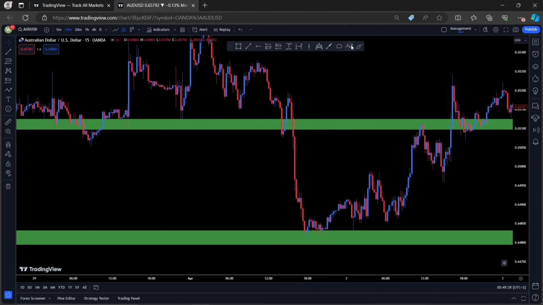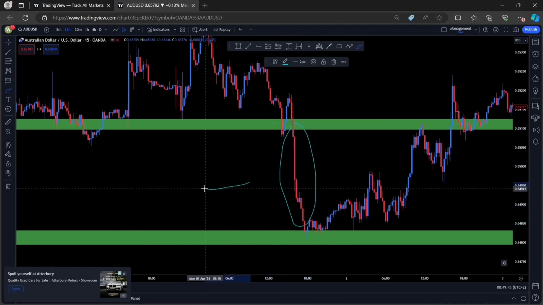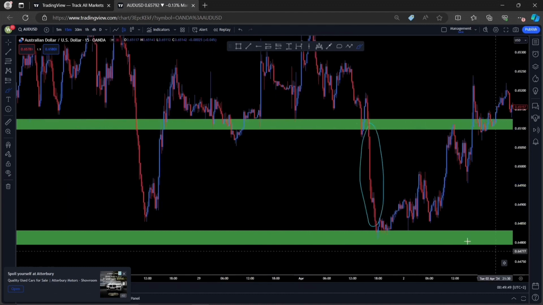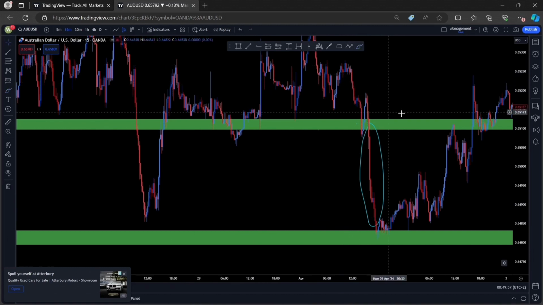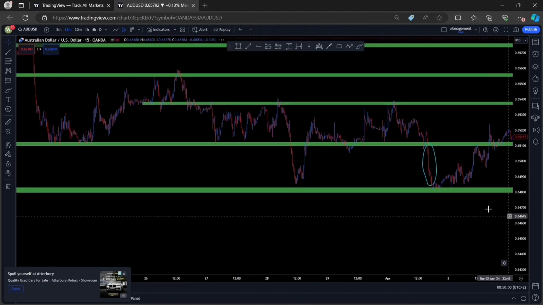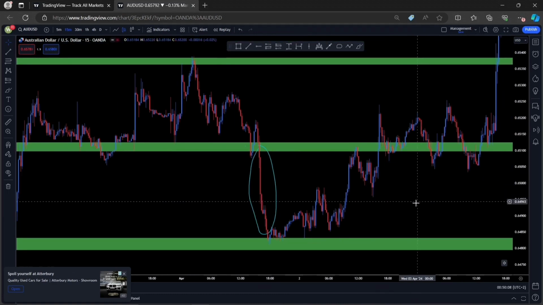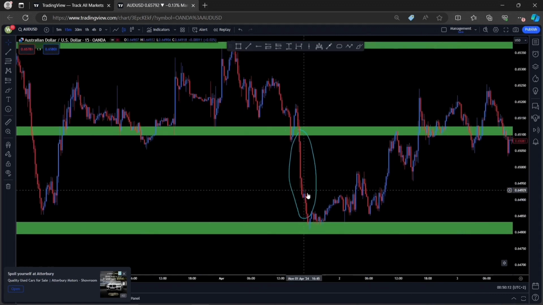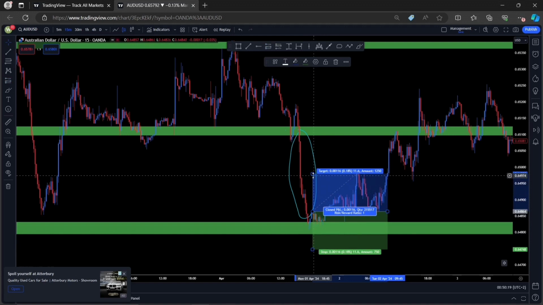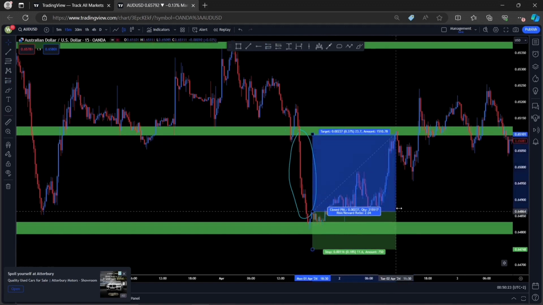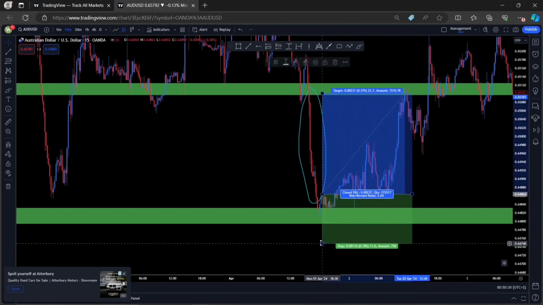But I noticed something: we have a gap all the way here. So I realized, okay, since we have this gap, we need to fill it up. I ended up taking a counter trend trade because it seems like we were bearish ever since. It seems just been going lower and lower and lower. So what I thought was, okay, it's a counter trend trade, but I see this gap. Why not enter and go fill in this gap? So what I did was put some buy stops right here where I got my entry. Then what I was looking for was a 1:2 risk to reward, but